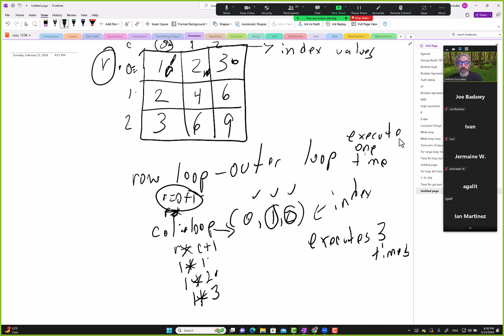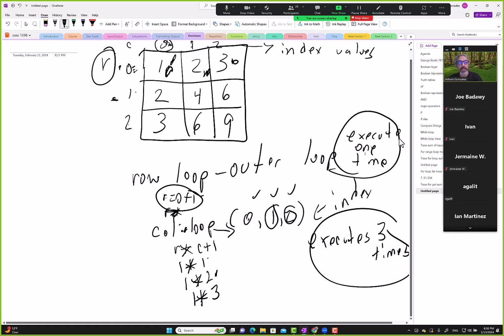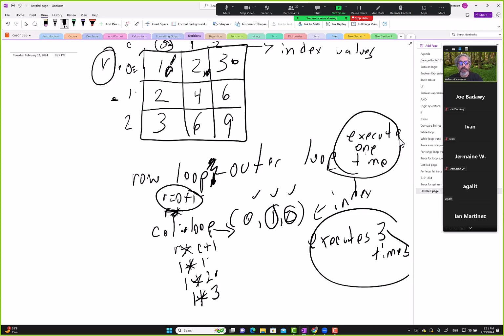So that means if we go to the second row, then this one will execute only 1 time, but this one 3 times. So then if we go to the third loop, then this one will still only loop 1 time, the outer loop, but the inner loop always executes 3 times. So then the outer loop always executes n times